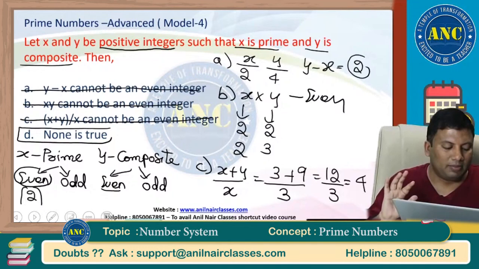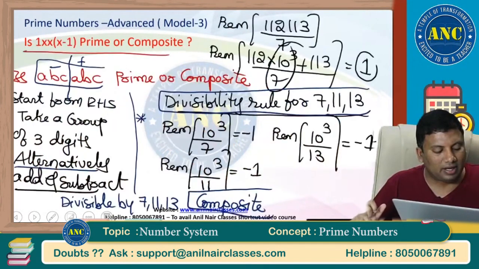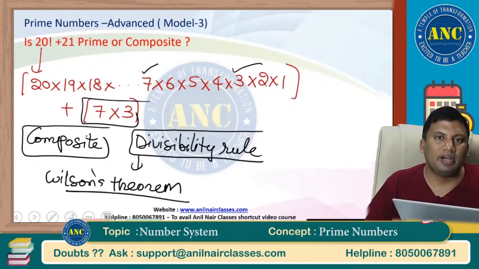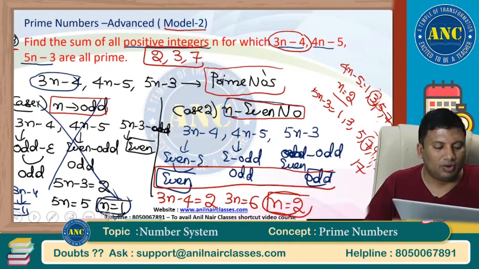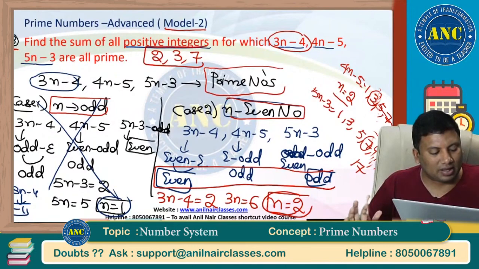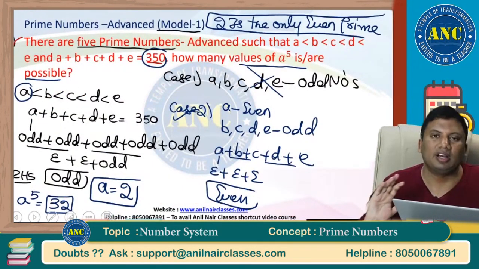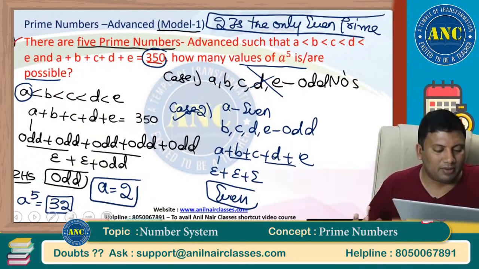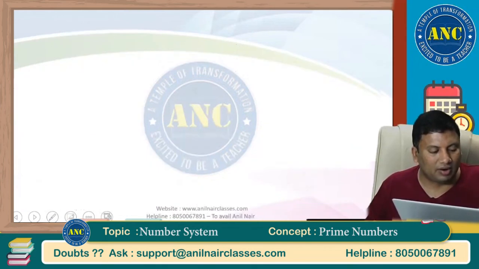X is a prime number, even and odd. X is a previous year CAT question, sir. How to check whether a number is a prime number or not? Divisibility rule for 7, 11, 13, 37. Divisibility rule for 101. By using Wilson's theorem, how to check? Or even and odd, how to check? How to find the values such that the given numbers are prime numbers by taking n even, n odd. The sum of an odd number of odd numbers is always an odd number. These are the fundamentals. Again, we will have one more